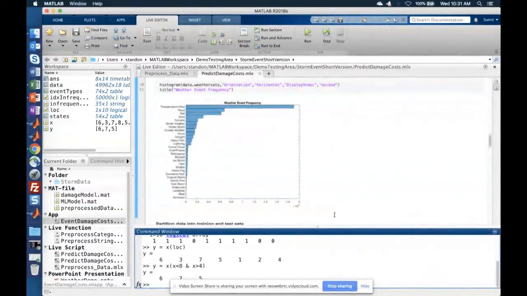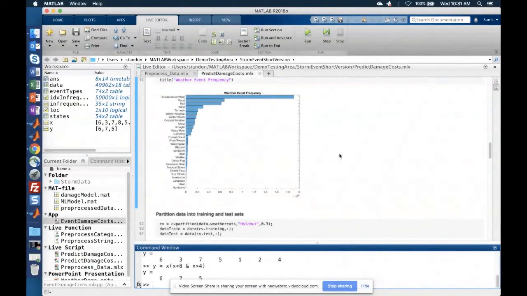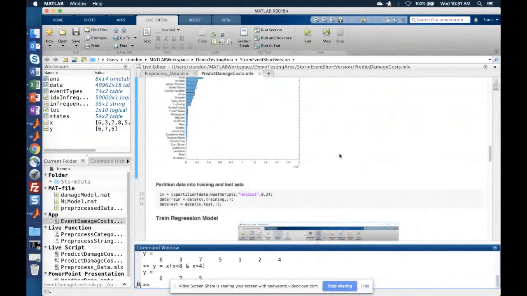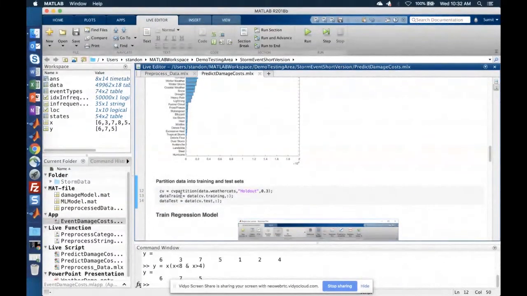So with that aside, coming back to our main application here, we subsetted the data, and now we are ready to actually start developing the mathematical model. But before I get into the mathematical model, I want to partition the data into a test and training set, so that, of course, we have some test data that we can test the model on. Plus, it also avoids situations like overfitting and so on.